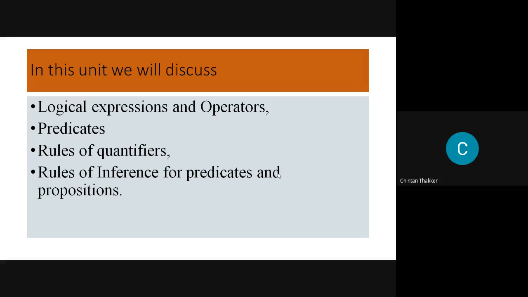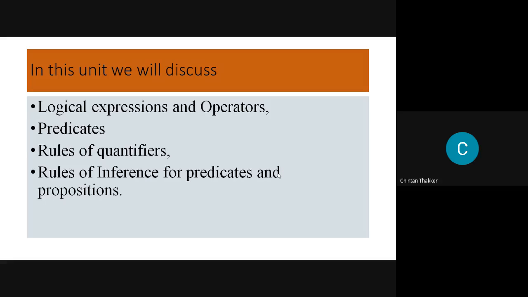We start with the definition of statement. Then we have different types of statements, like the negation statement, then conjunction, disjunction.